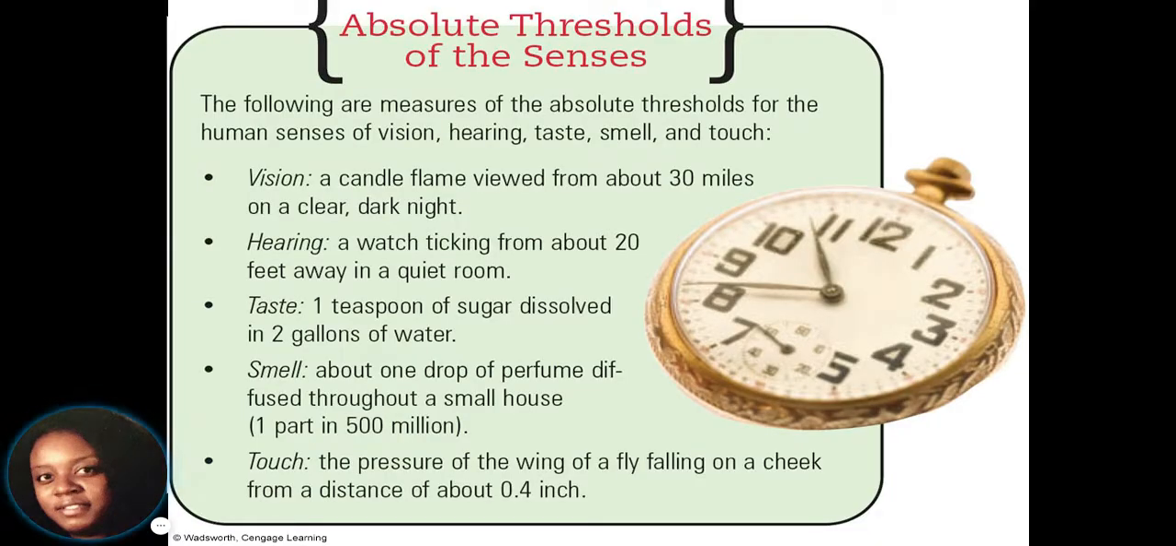Here are some different absolute thresholds of the senses. Like I said, with vision, how far away can you see a candle flame on a clear, dark night? About 30 miles. Hearing, you can hear a watch ticking from about 20 feet away in a quiet room,